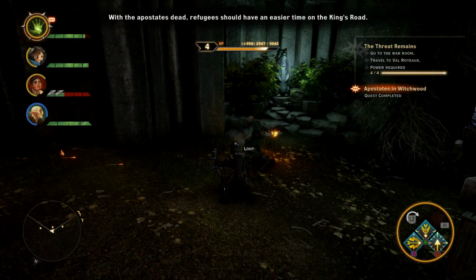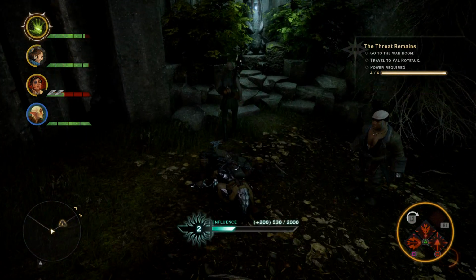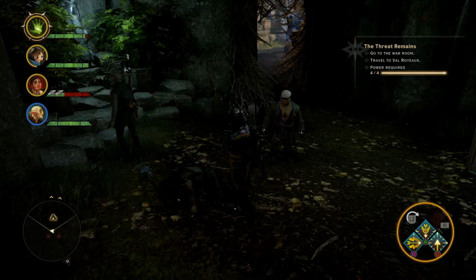The apostate's dead. Refugees should have an easier time on the King's Road. I think I got a new staff for you here. Yep. Yeah, I got a new staff for you, so let's...